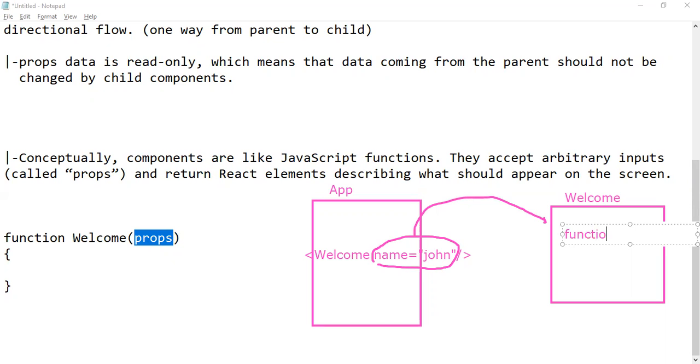Here we define the Welcome component function, and this Welcome component receives props as a parameter. Now whatever information we are passing is stored in the form of props. Props is an object which holds all the information coming from the parent component.